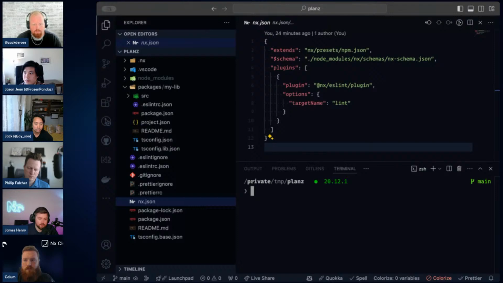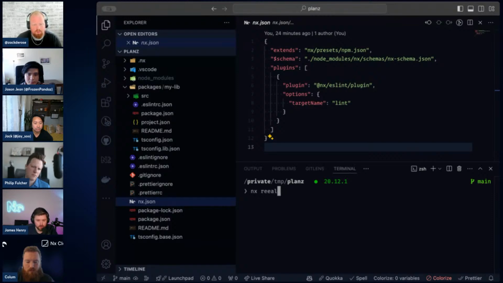So NX release doesn't technically understand JavaScript or Go or Rust or anything like that, and it gets informed about it via plugins. The only difference is we know that an awful lot of people want to publish JavaScript packages that use NX. So we made it so that you don't have to manually wire up the understanding for JavaScript. If you don't configure anything with NX release, NX is already going to work and understand your workspace. So it's already going to understand that I have a package JSON here, and this would be a JavaScript package that I might want to version and publish.